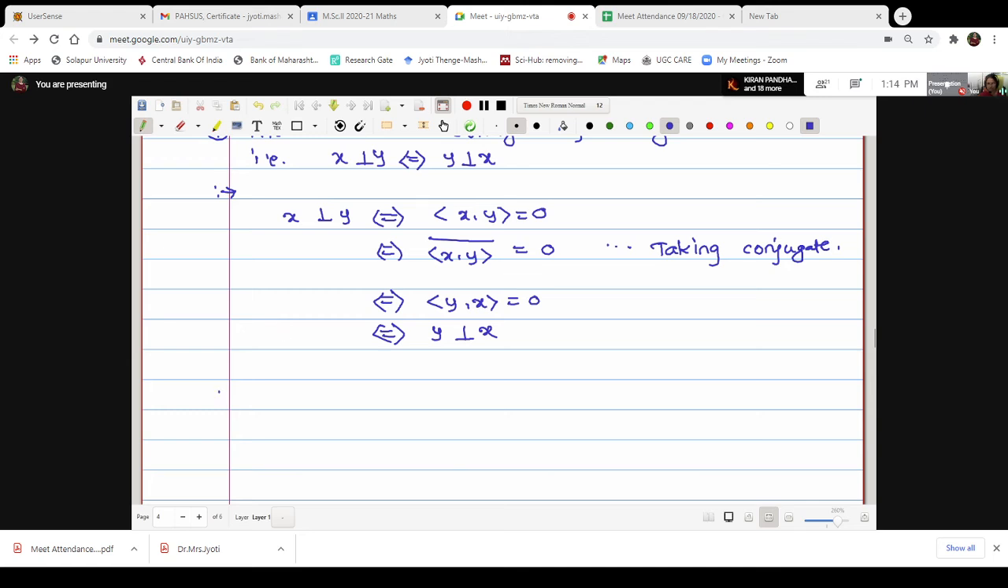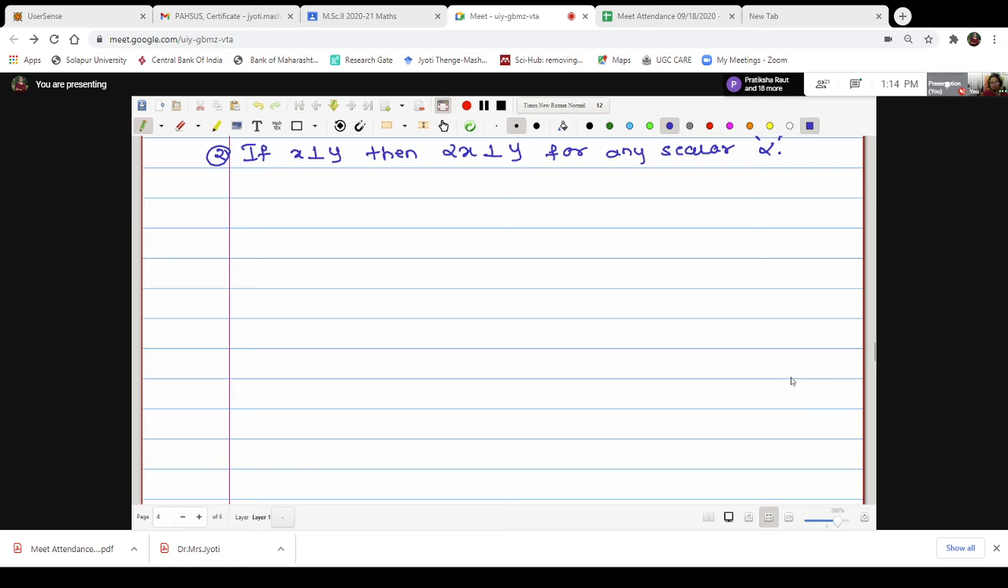Okay. First property we have proved that the relation is symmetric. Now we will prove that if x is orthogonal to y, then alpha x is also orthogonal to y for any scalar alpha. Correct? Proof is easy, but first we want to understand this